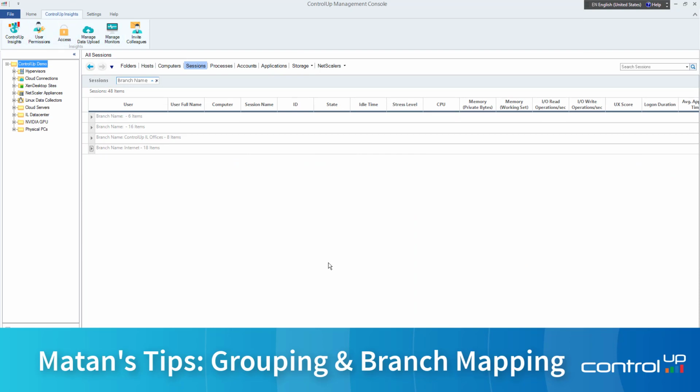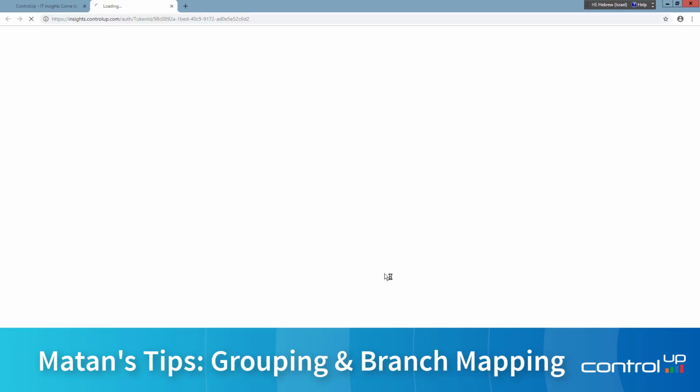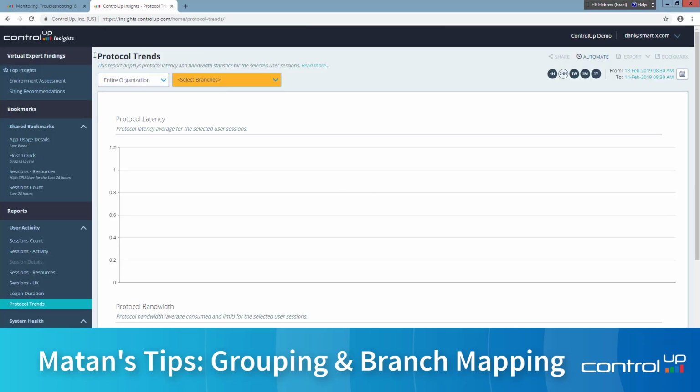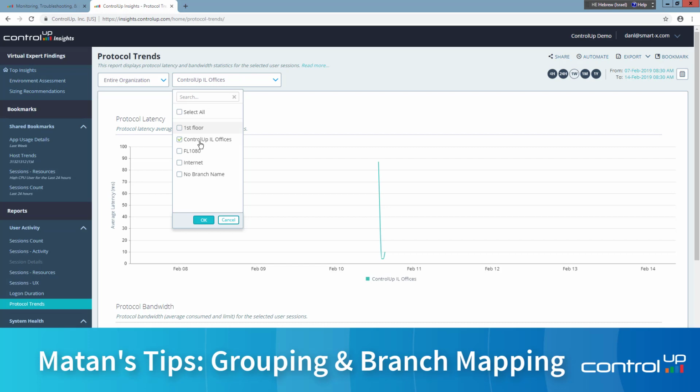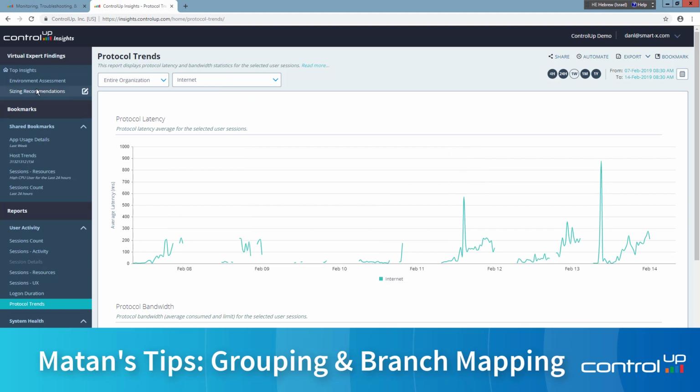So once you have mapped your branches, this information is uploaded to Insights, and then in Insights you have the protocol trends report that allows you to get information about the latency and the bandwidth from your branches. If I look at all the users that came from the internet, which is obviously the vast majority of my users, you could easily see latency spikes here,